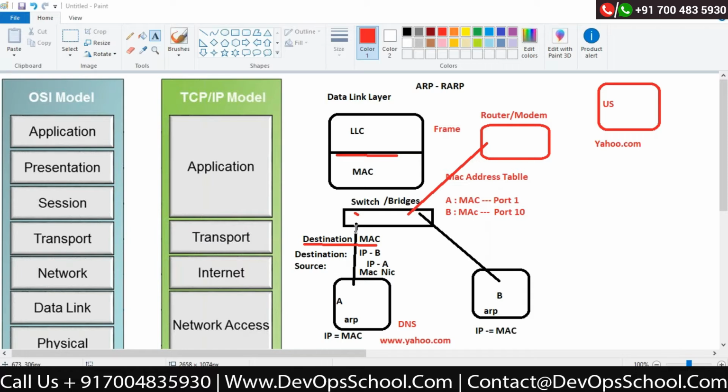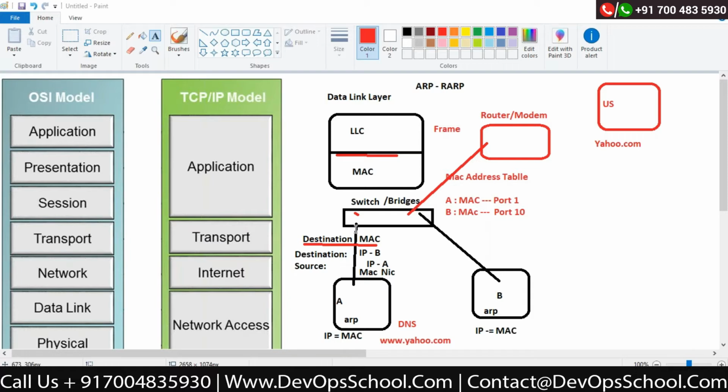That upper device may be a router, it may be a modem, which understands IP addressing. But if it is the same switch, then he will put another frame saying, you're also a switch, I'm also a switch, but I will tell you my MAC address because this request is coming from me. So he will put his own MAC address of the switch and send it to another switch as a frame. That time he does not remove the MAC address layer because he comes to know that the other device is a switch.